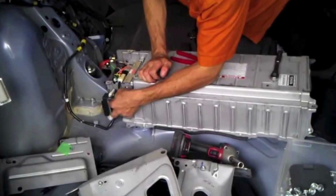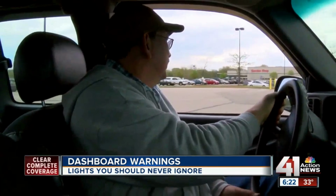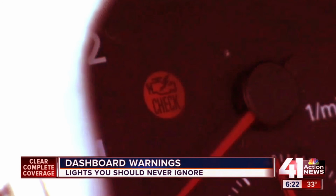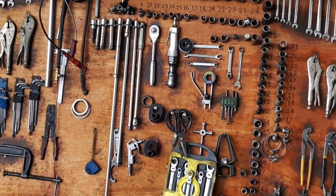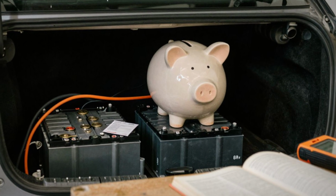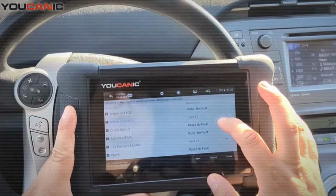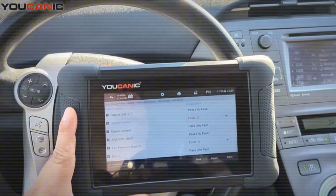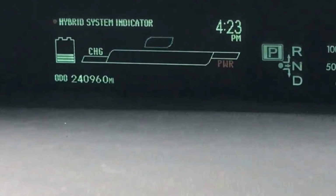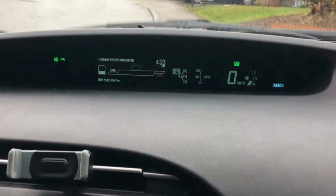The battery pack is the most expensive single component in your hybrid powertrain, and it is also the one most owners pay the least attention to until it is too late. Every step in this video costs almost nothing to follow, but protects a component worth thousands. The owners who treat their hybrid battery as an active system that needs attention, not a sealed box that takes care of itself, are the ones still driving on original battery packs long after everyone else has paid for a